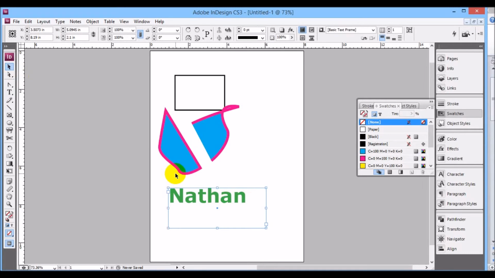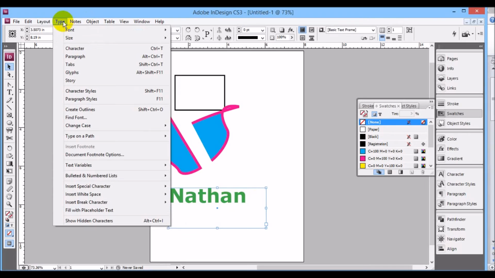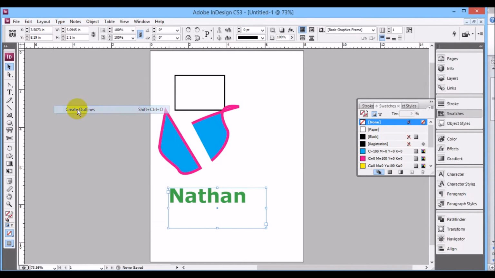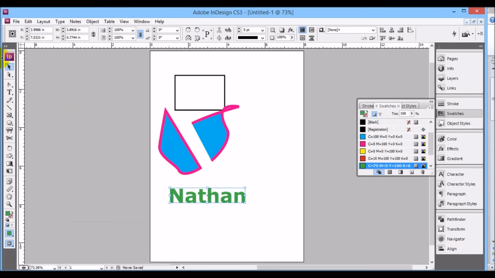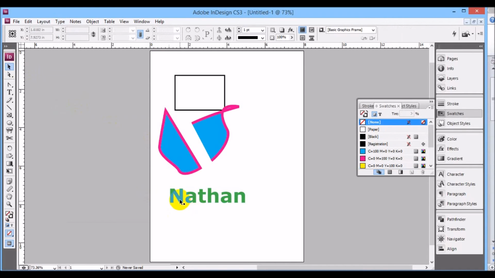Now, when you are creating logos, a very useful thing to be able to do is to take this text word that we've created and turn it into a series of vector graphics with control points that we can individually manipulate. Right now, it's a six-letter word, but if we go down to the Type menu, we can choose Create Outlines. If we click that, and then go back and click somewhere else and then click here,